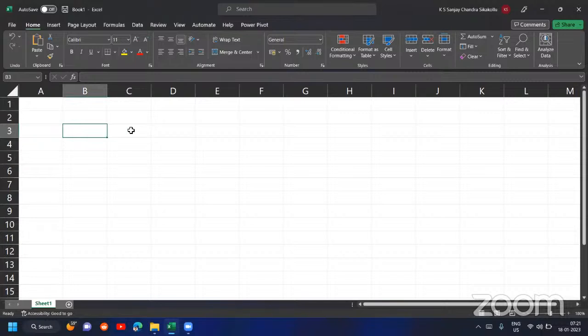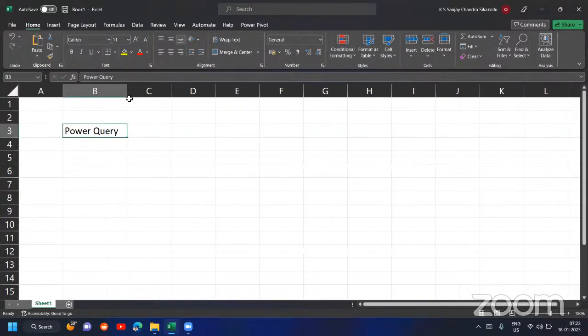One question many people have is: Sanjay, if I want to learn Power BI really well, what do I need to focus on? One of the key areas you need to focus on is Power Query. I would say this is the heart of Power BI, more than other topics, because until you are good with this, you can't proceed to the next step. This step will determine your Power BI skills. So Power Query is extremely important.